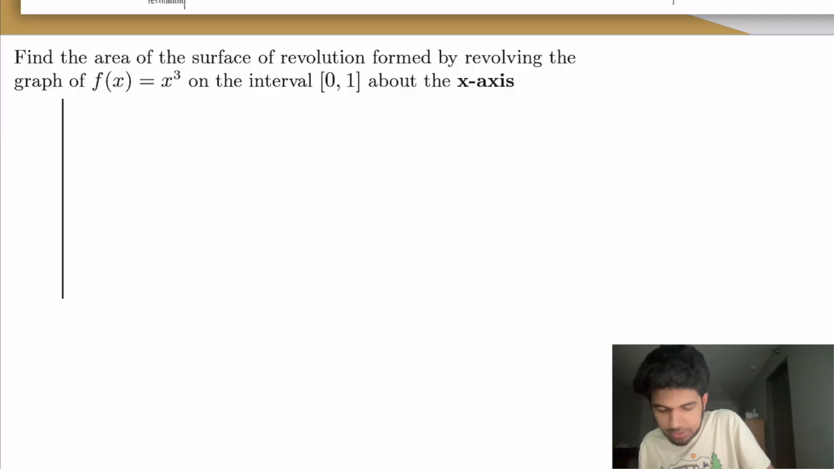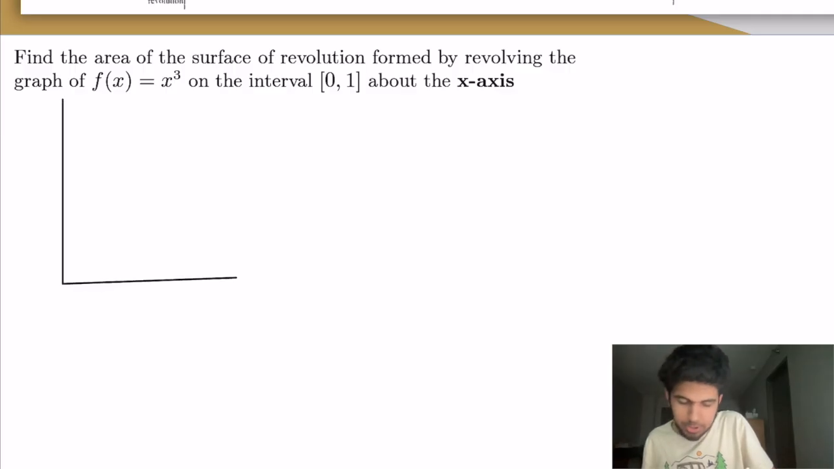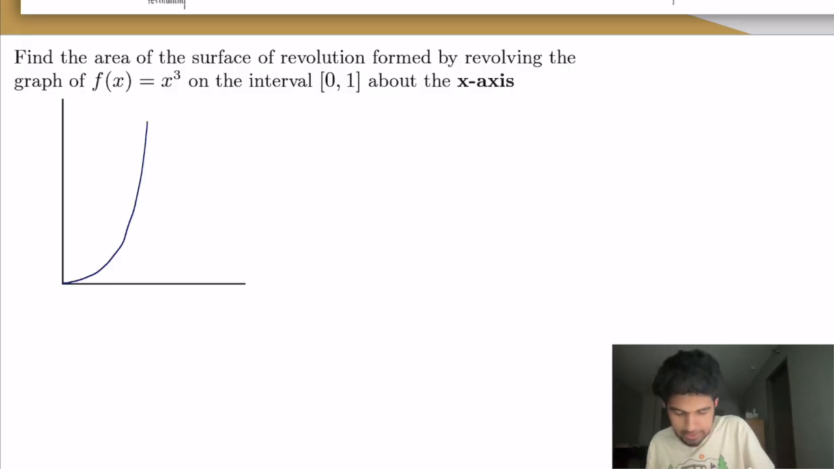So let's try graphing this really quickly. We'll just look at the first quadrant. We have the function f of x equals x cubed, which looks something like that. And we're only going up to 1 on the x-axis. So our region that we're looking at is this red region. We're revolving it about the x-axis. So the final shape will look